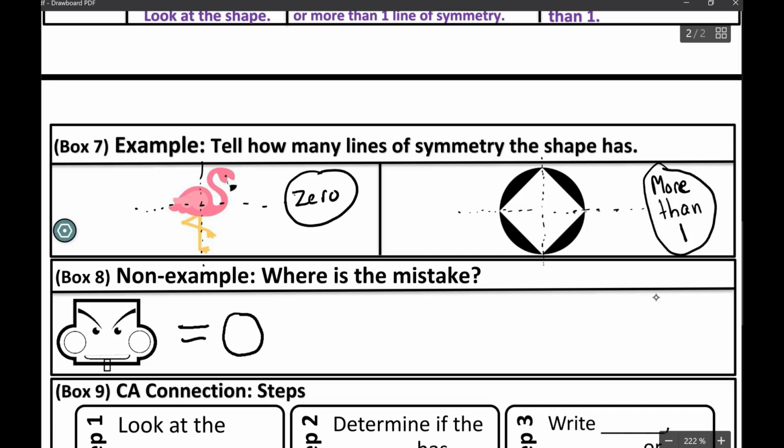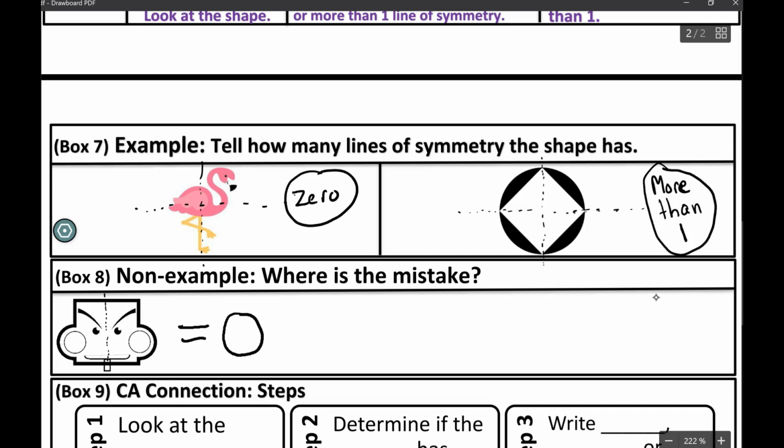Alrighty, going into box 8, our non-example. Where is the mistake? There's this picture of a head, we'll say a robot's head, and they are saying that this shape has 0 lines of symmetry. Go ahead and talk to your partner, try to figure out where the mistake is right here, okay? And after talking to your partner, you should have figured out that the mistake is that if I try drawing